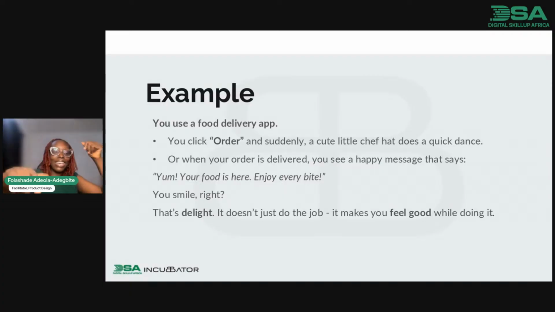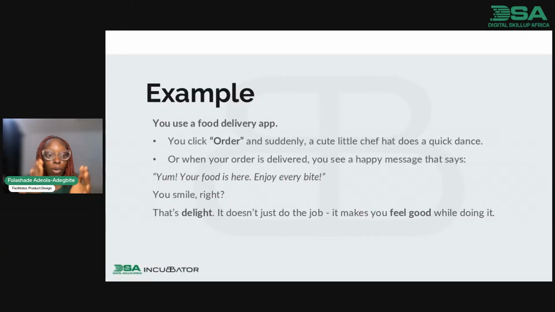When you click order, you see an animation, an illustration, or a GIF dancing, excited that you have ordered. Or you see a happy message that says, yum, your food is here, enjoy every bite. You smile, right? You get excited, or you blush. So that's delight. It doesn't just do the job, it makes you feel good while you are doing it.